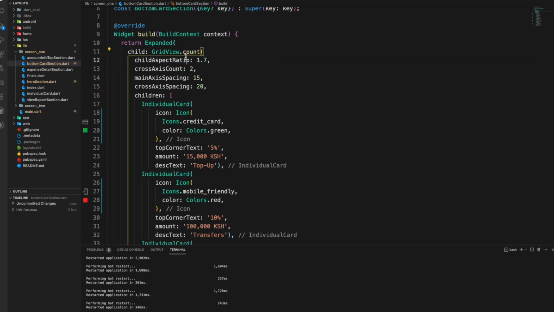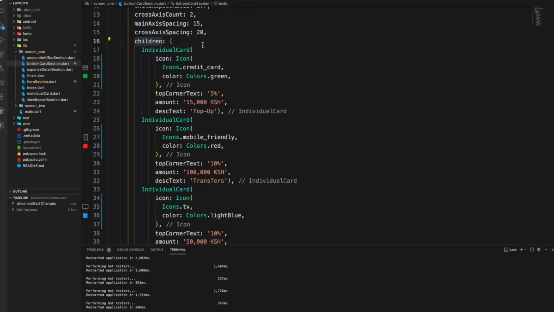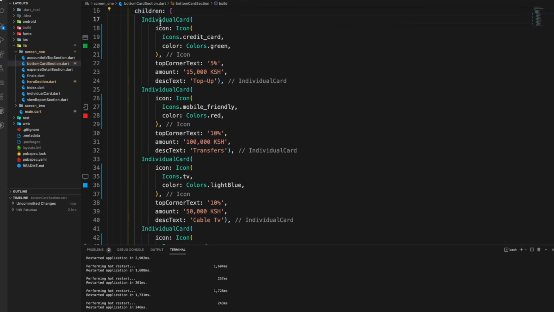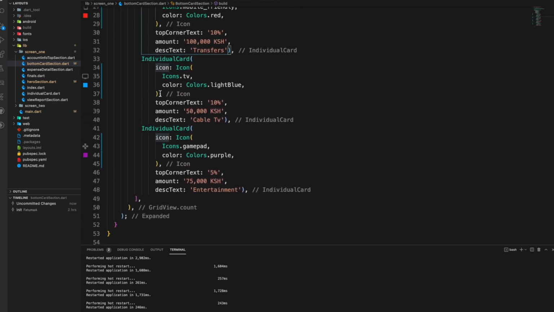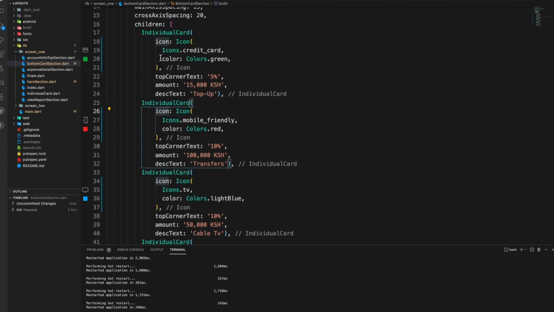And the children for the GridView is now this individual card, which I have again made reusable. You can see that it expects a corner text, an amount, and a description text, and it also expects an icon. So if you go to the individual